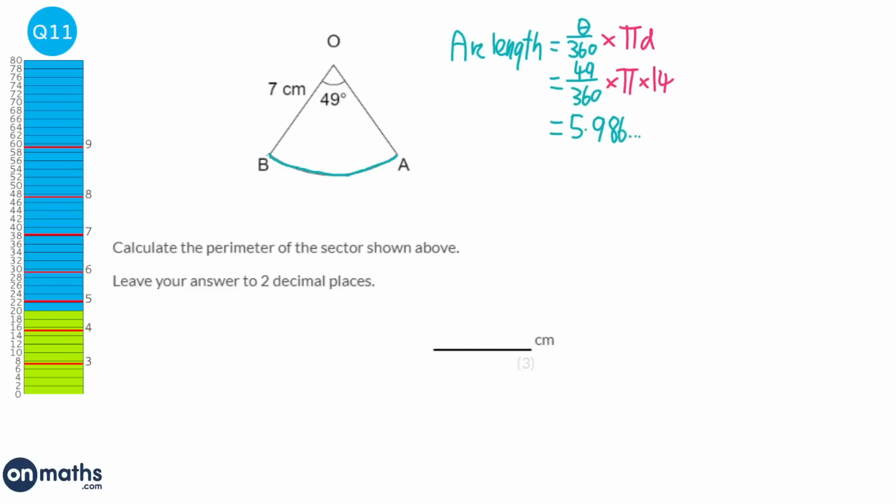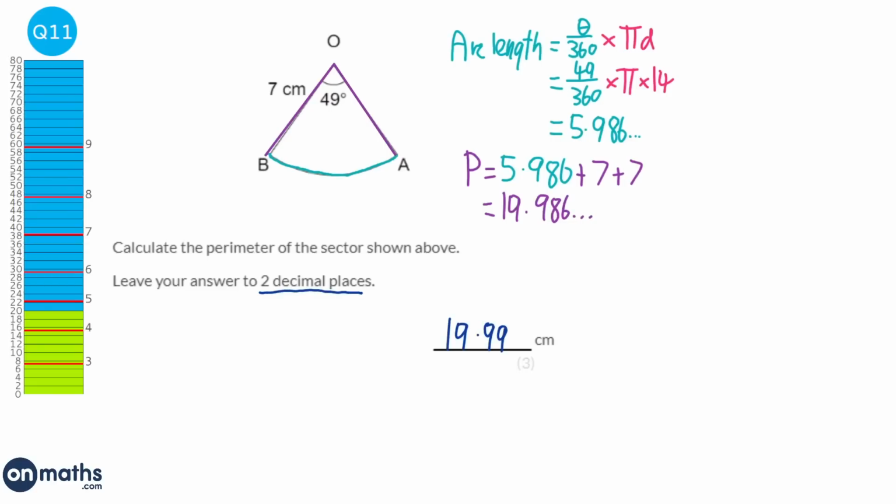Perimeter needs to include these parts here. So the perimeter will be the 5.986 plus a radius plus another radius. And when we do that, we get 19.986, and so on. And we want to round it to 2 decimal places, so that will be